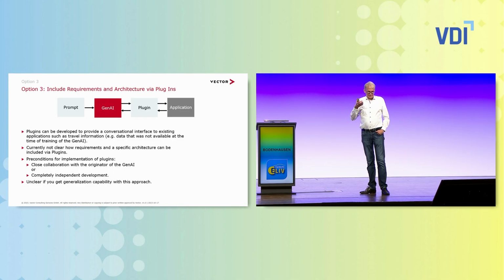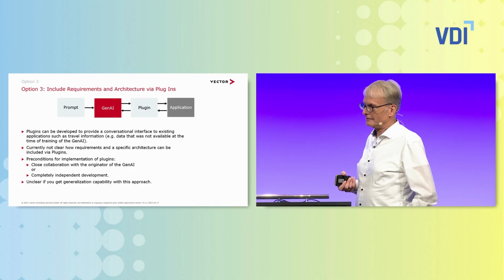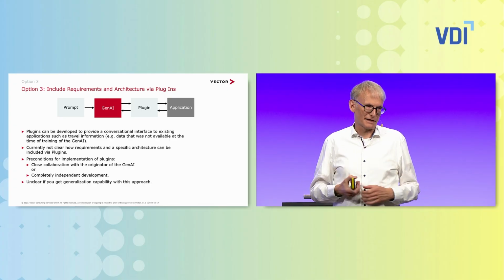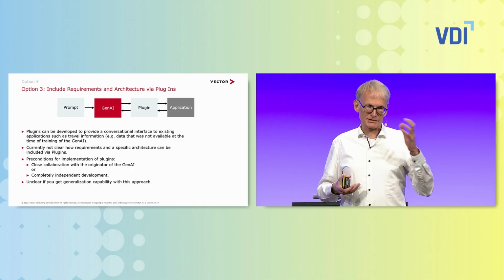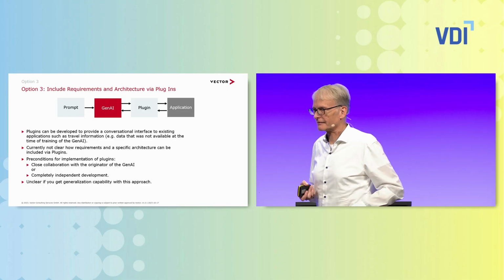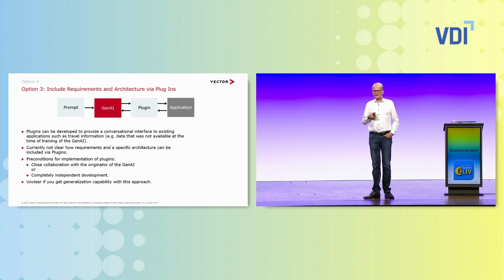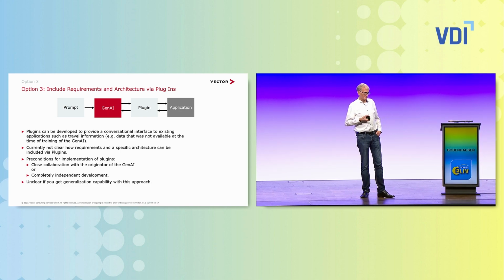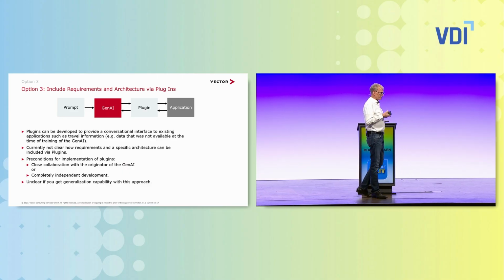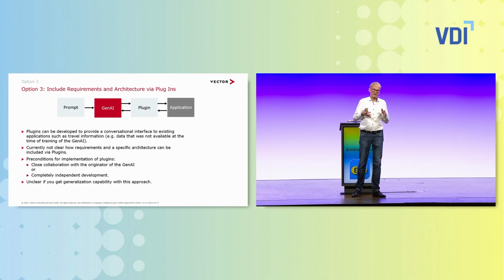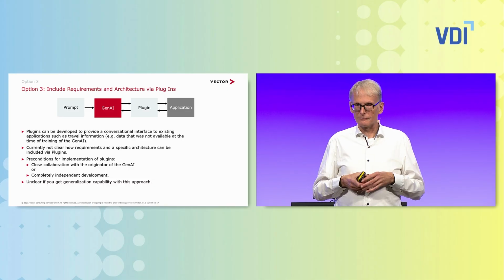You connect a third application to the GenAI large language model about, let's say, travel flight information, the weather. The restaurant is closed today, or the restaurant opens at 7 p.m. or something like that. This is typically information that is connected to GenAI by so-called plugins. And this is an interface that needs to be provided by the originator of the GenAI. So if we want to use this option, we have to closely work together with the originators.